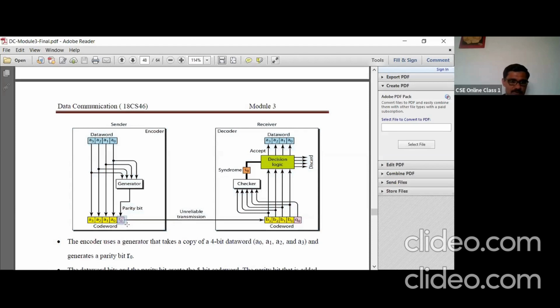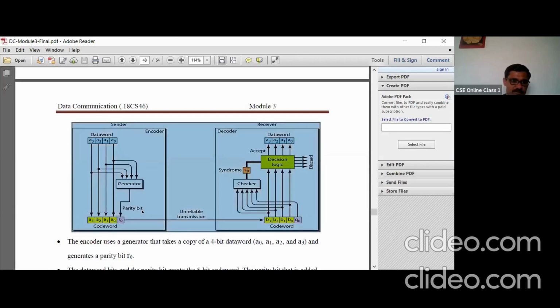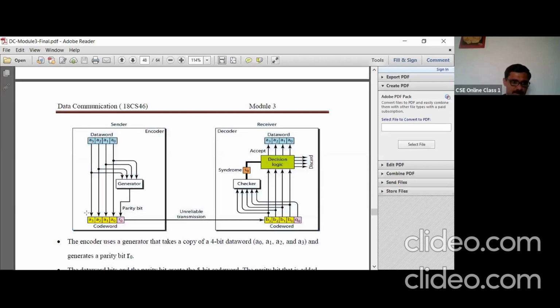How is this parity bit generated? It's an even parity bit, as I mentioned earlier. Suppose there are an odd number of ones in the data word part, then your R0 will be 1, so that the entire code word becomes an even parity number.